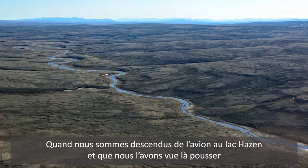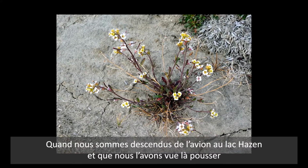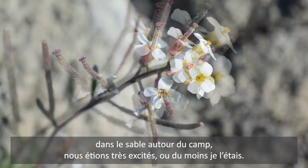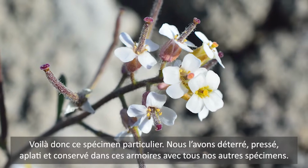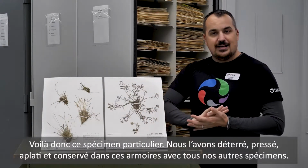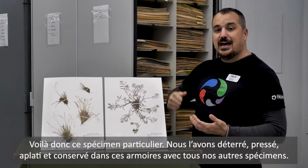So when we got off the plane at Lake Hazen and we saw it growing on the sand around the camp, we were super excited, or at least I was really excited. So this is that particular specimen. We dug it out, we pressed it, we flattened the plant, and it is stored in these cabinets with all